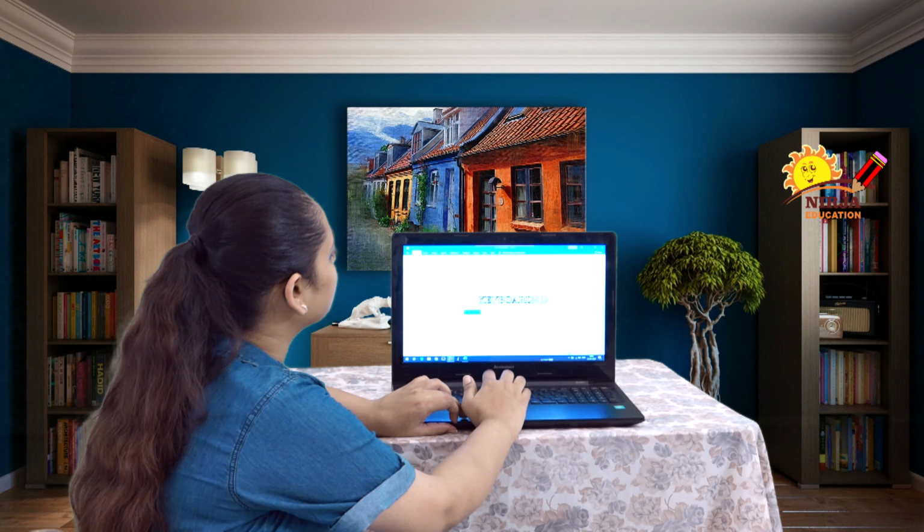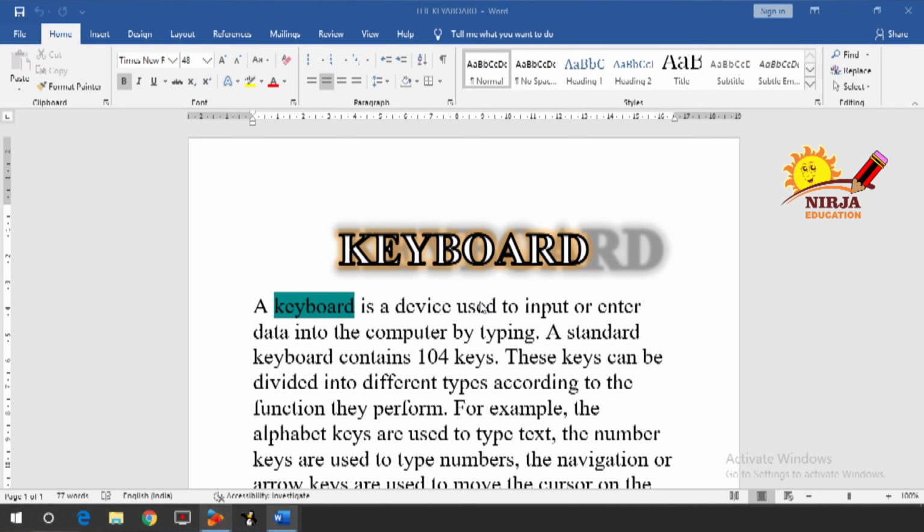As you can see here, I have already opened the previous file which we are using and select the Home tab. As you can see, the paragraph group is over here. So first is the bullets which create a bulleted list. Second is your numbering which creates a numbered list. And the third option is your multi-level list. I am going to show you how to use these three buttons.